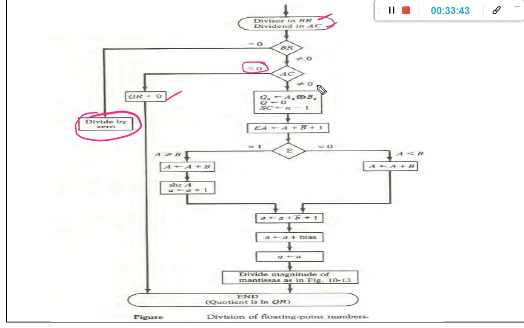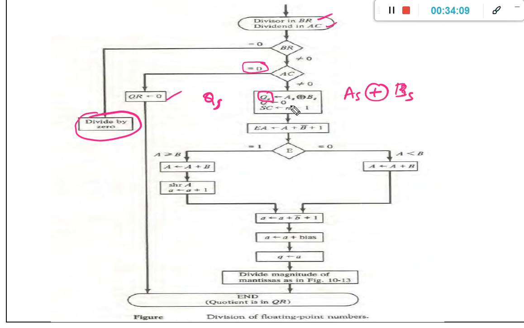If AC is also not equal to 0, then perform the actual operations. If both are not equal to 0, then determine the sign of the quotient QS. How do we determine it? By performing the exclusive OR operation on both AS and BS, we get the QS value.